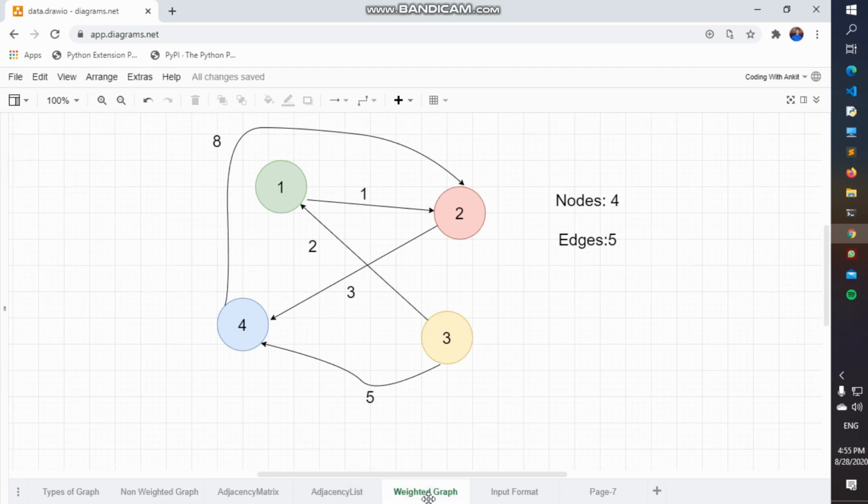But for this weighted graph, for node 4 to node 2 there is a value of 8, and from node 3 to node 1 there is a value of 2. So this means that various paths have various values or various properties which can be used in various types of questions. And there are also trees such as binary trees and various other types of graphs